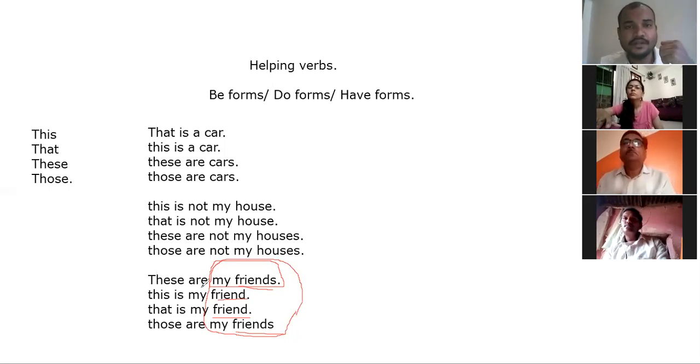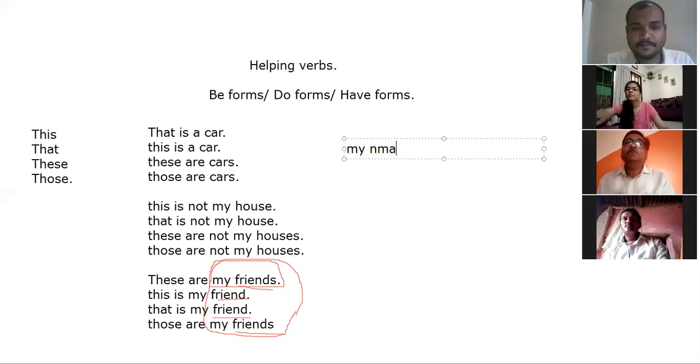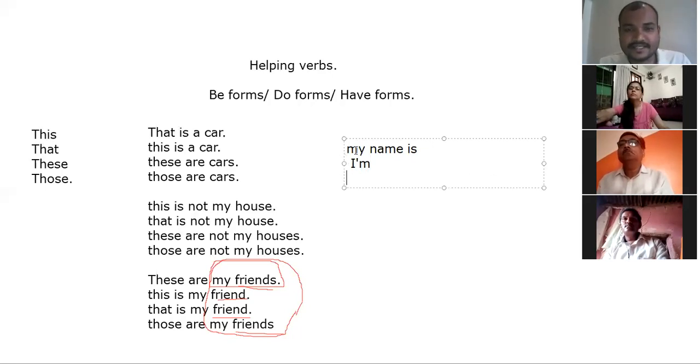For example, yesterday I said, if anyone asks you what is your name, you have to say, my name is, or I am. So these are the words we're supposed to use. This is what I said yesterday, correct? But at the same time I said, you should not use this. Right? Say yes or no. If you use this, it's wrong in one condition. At the same time, it is correct in one condition.